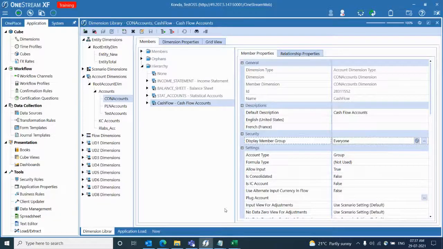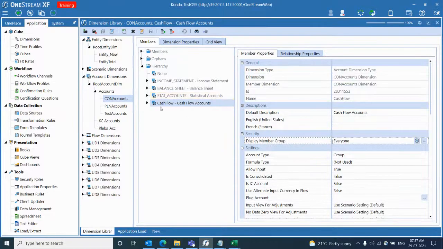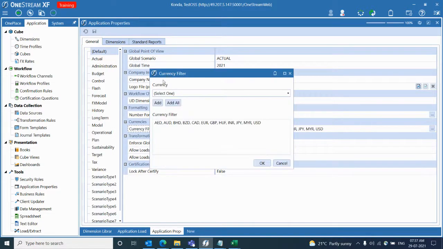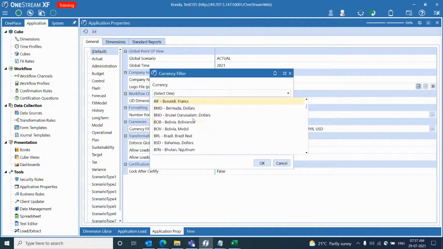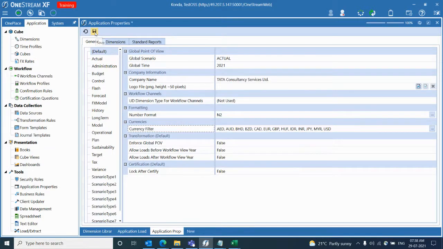Let me check quickly, because here you can update, but while loading it will get rejected unless the currency is enabled in the system. So what all currencies we have, IDR is not there. So let's see Indonesia currency, IDR. Okay, just add it, save. So now that will be recognized.